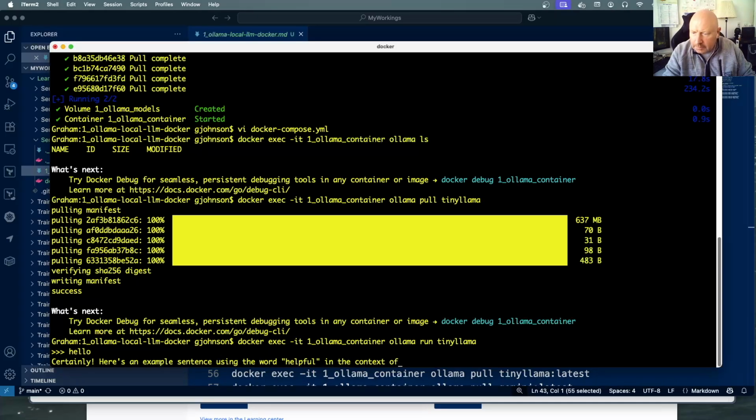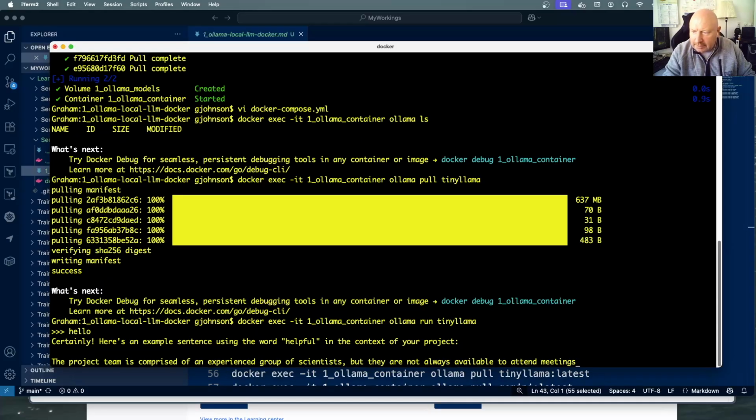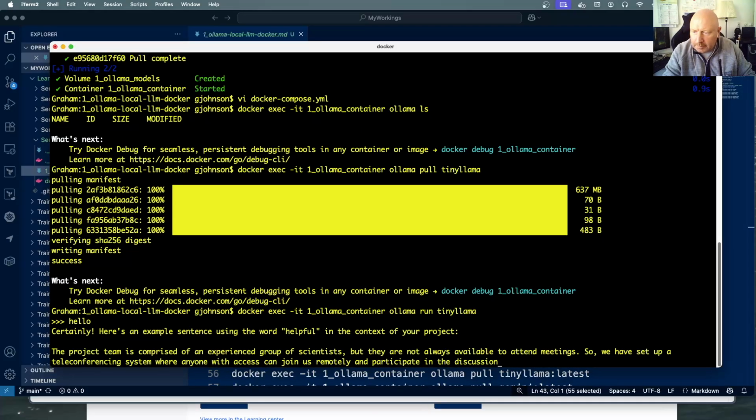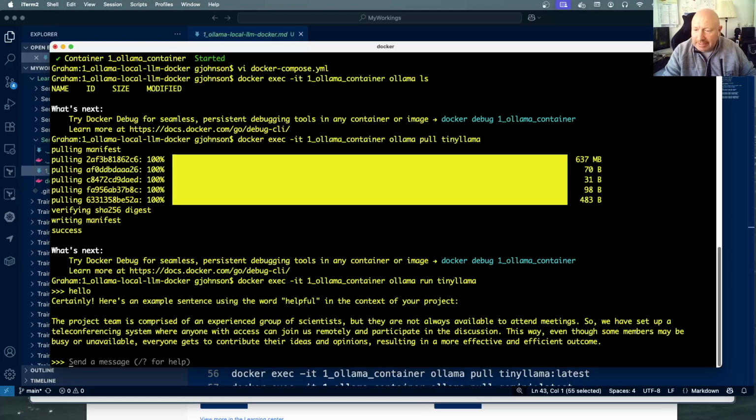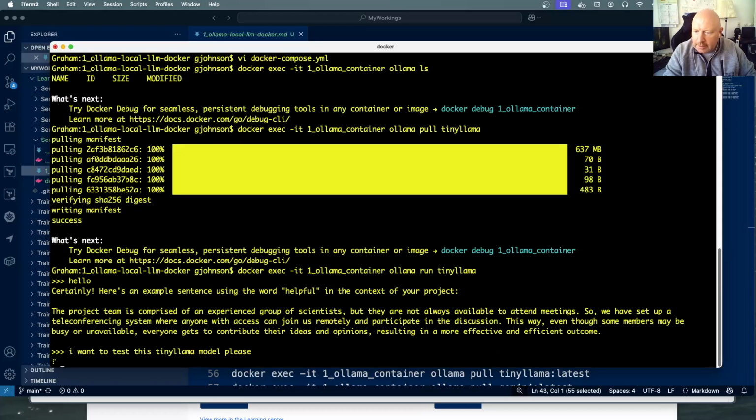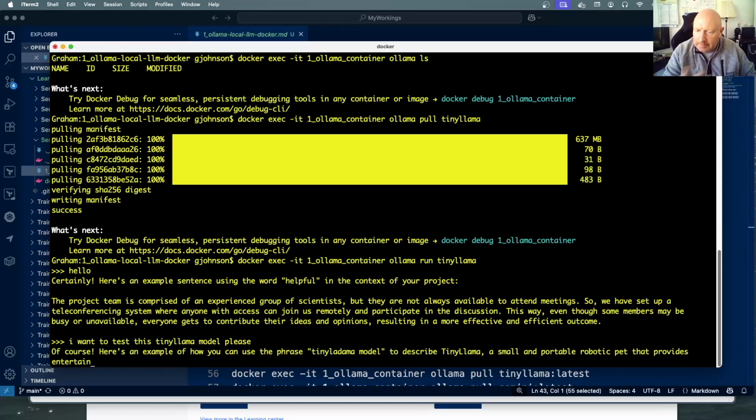and now I'm actually interacting with this tiny Ollama. You can see again, it's running in Docker, so it's containerized. It's going to run a little bit slower because my computer is running other resources, but it's not running too slow. But I want to say, I want to test this tiny llama model, please. Okay, so it says I want to test this model, and here's the model actually bringing back to you